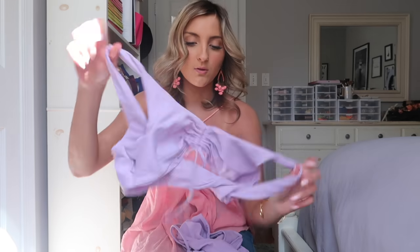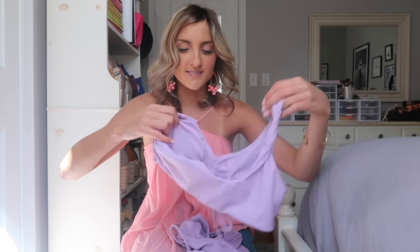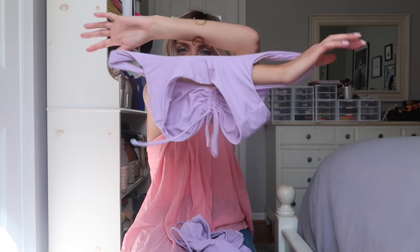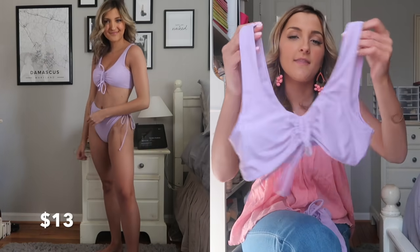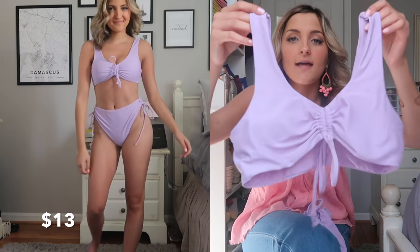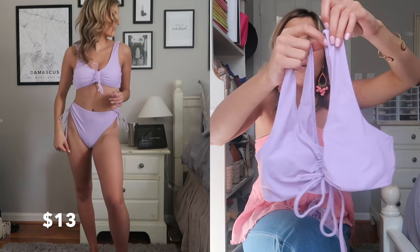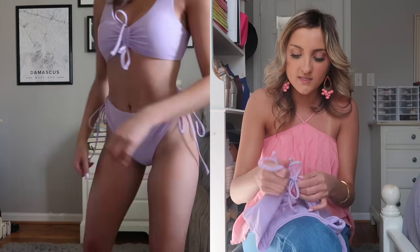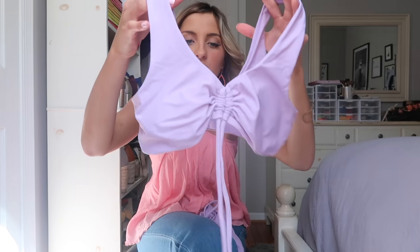I think it's adorable. I didn't like it as much because I couldn't figure out the cinching, and then I figured it out and I was like, another great top, no straps or clasps. I know I keep saying that, but that's one of my favorite swimsuit styles because there's no fuss. I don't feel like my top is gonna fly off. I just feel really comfortable in the suit, so that is why I reached for a lot of styles like that throughout this haul. A great width for the straps, and then you basically decide how much you cinch this. So I cinched it all the way and then tied it in a bow along the bottom just to really give it a